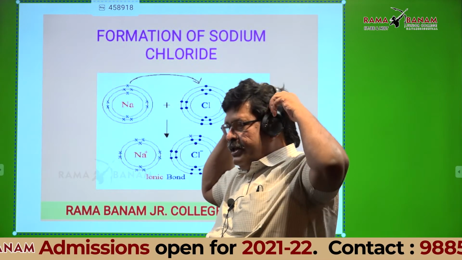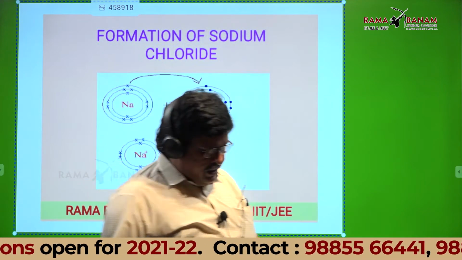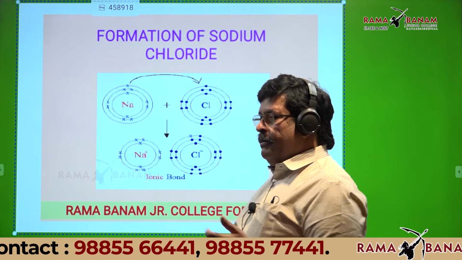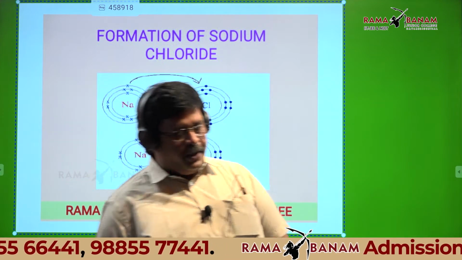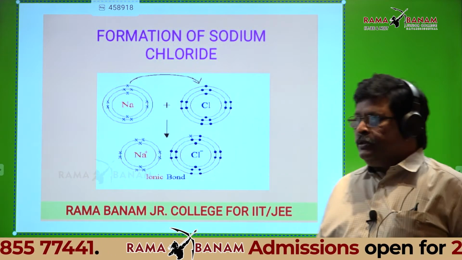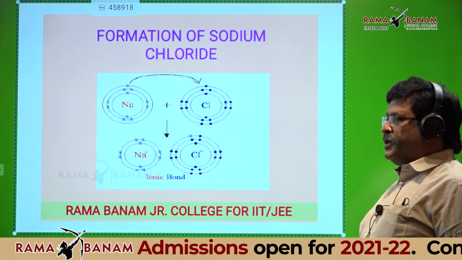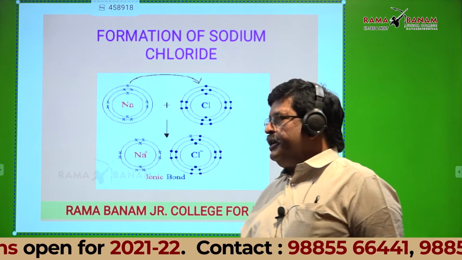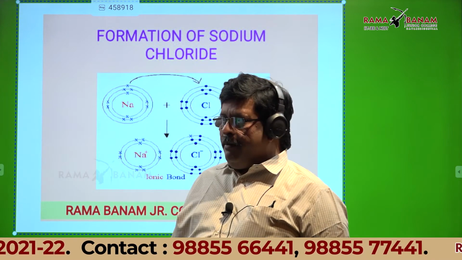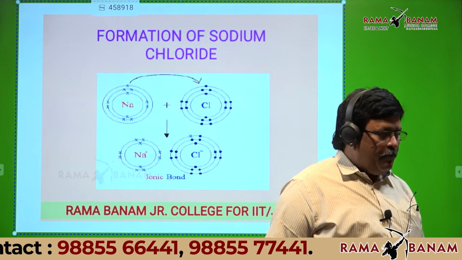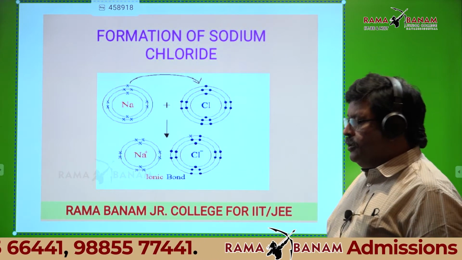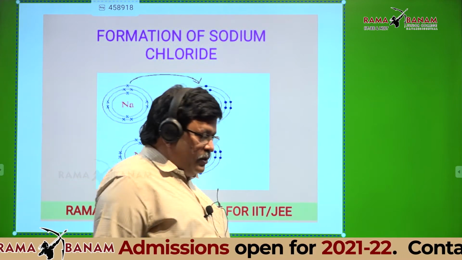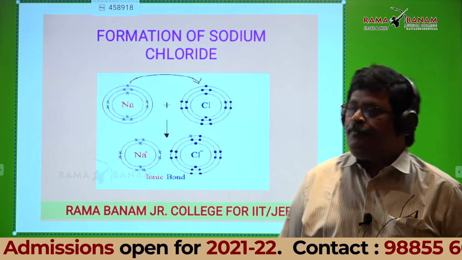So students, in the last class we discussed ionic bond. What is ionic bond? What type of elements form ionic bond in the long form of the periodic table? And today we will discuss the formation of ionic bond with one example, and after that we will continue. After the formation of ionic bond, we will start covalent bond, and today we will complete covalent bond formation examples and different types of covalent bonds.